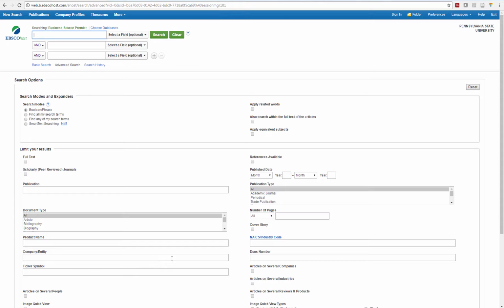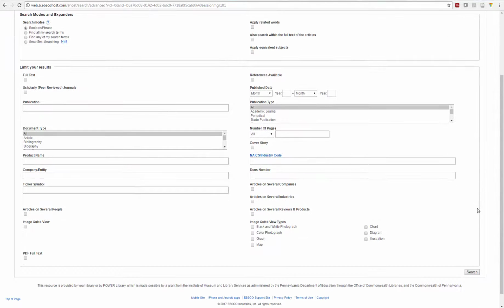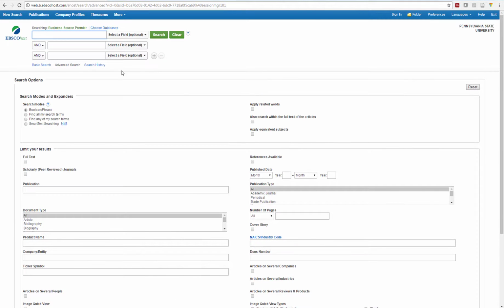Business Source Premier is an EBSCO database, so if you're familiar with using other EBSCO databases like Academic Search Complete, this interface is going to look very familiar to you. There just might be a few extra features that are specific to Business Source Premier. So we have our search boxes up here at the top like we do in just about every database, and